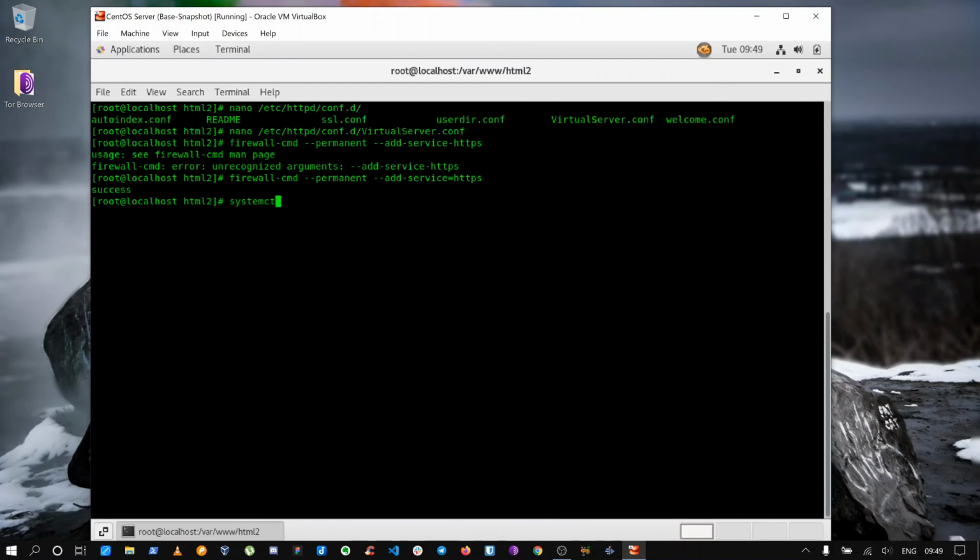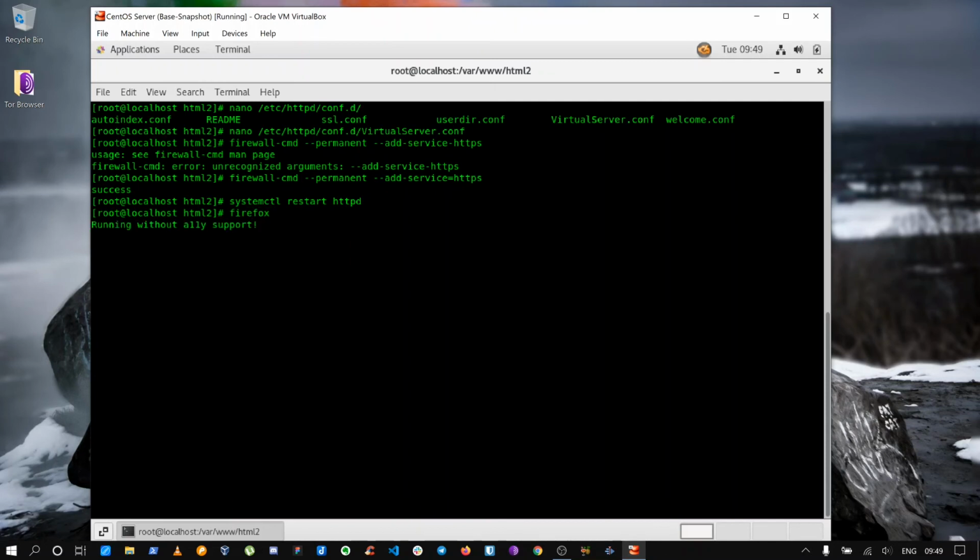So systemctl restart httpd. If there is no error, it will work exactly how we thought. Yes, there is no error as far as I see. We also have mapped things. Let us try.